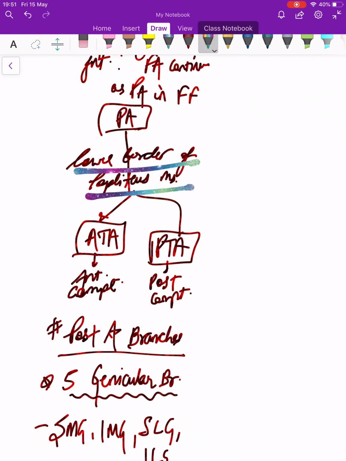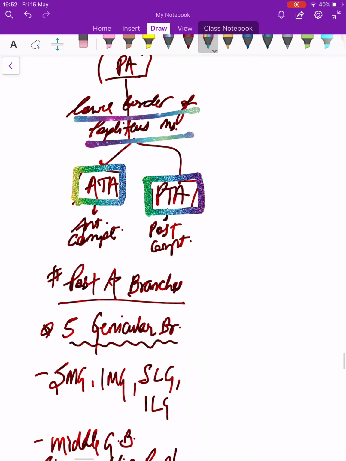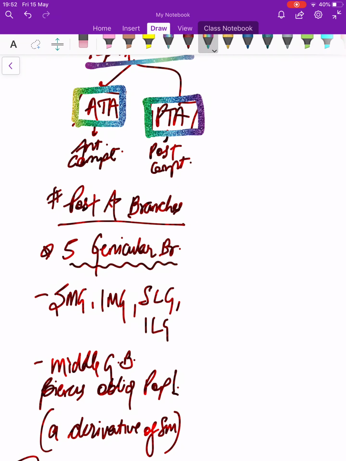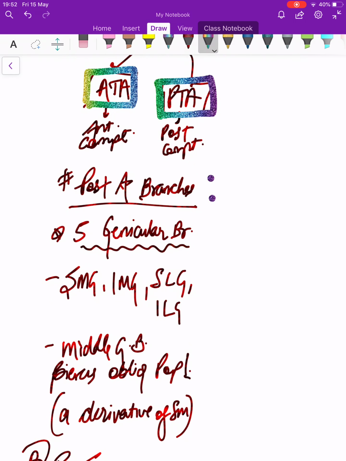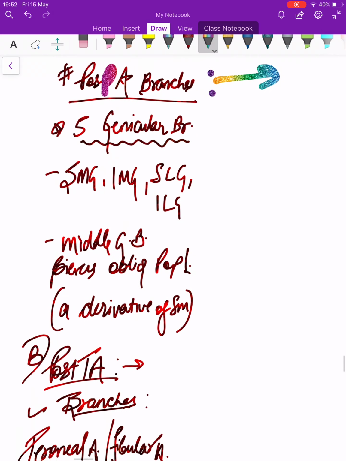And it gives the anterior tibial artery and the posterior tibial artery. The anterior tibial artery will supply the anterior compartment of the leg and the posterior tibial artery will supply the posterior compartment of the leg, fine. Then the branches of the popliteal artery: there are genicular branches of the popliteal artery, which are the